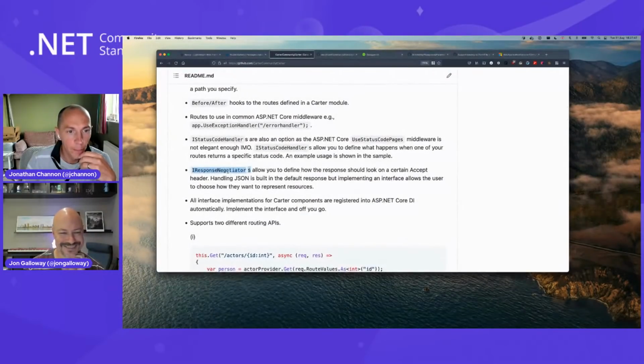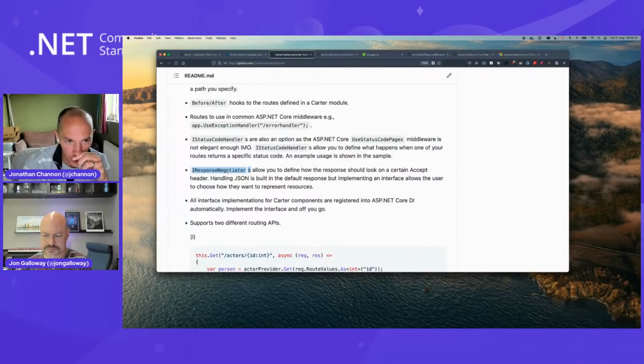So what we did with Carter, and Nancy actually, was we had a thing called an IResponseNegotiator, which, when you implemented it, had 2 methods on it, which says, can you handle the request coming in? And if it could, it would then execute that specific negotiator. So imagine you had 3 response negotiators: XML, JSON, CSV. As a request comes in, it finds those response negotiators and asks, for each one, can they handle the request based on the accept header? And based on the correct one, it will then render whatever the implementation is to render that type. So we kind of had that.